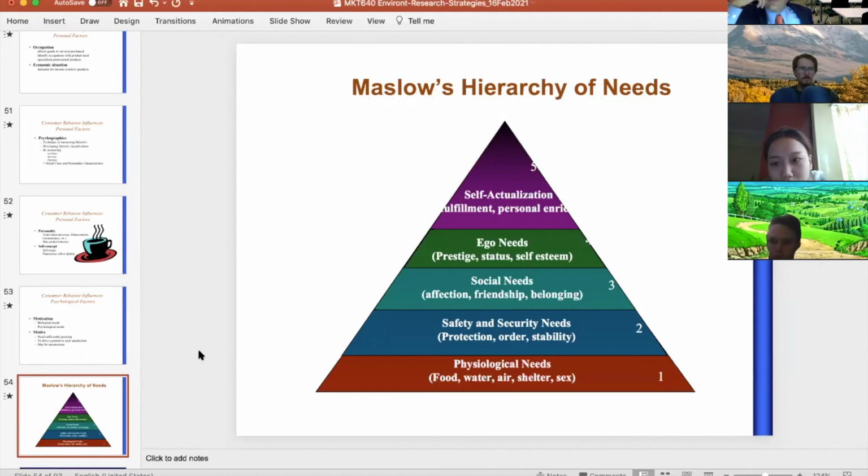So Maslow said that the first one is physiological. You need to eat. Safety and security. You need to feel that you're not in danger. Social needs. You need to be part of a group. Ego needs is you need to have some kind of positive image, prestige in that group. And then self-actualization is not related to anyone else. It's personal, and it's the fact that you want to feel achievement, you want to feel some personal success, not in society, but just for knowing that you know what you're doing, and that makes you feel good just for yourself.